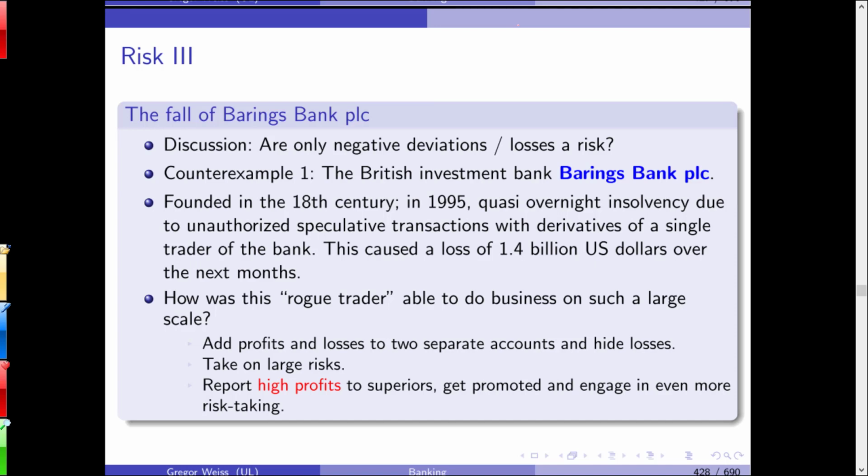When all markets went down, Nick Leeson was no longer able to hide his losses, and what did he do? He packed his suitcase and tried to flee the country. He was arrested at Frankfurt Airport and extradited to the UK and had to go to prison. The bank, however, because this was the bank's fault, was bankrupt and it wasn't bailed out. So Barings Bank collapsed overnight.